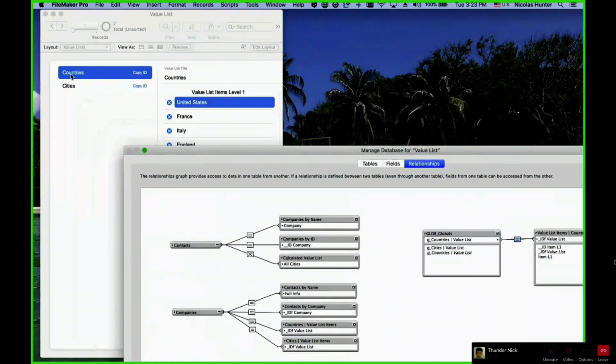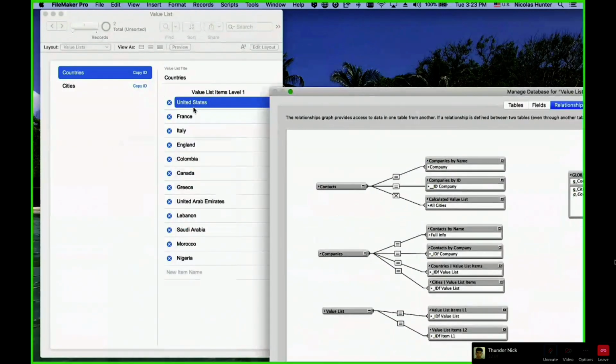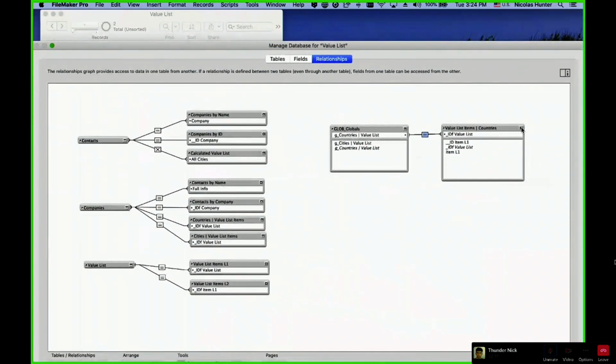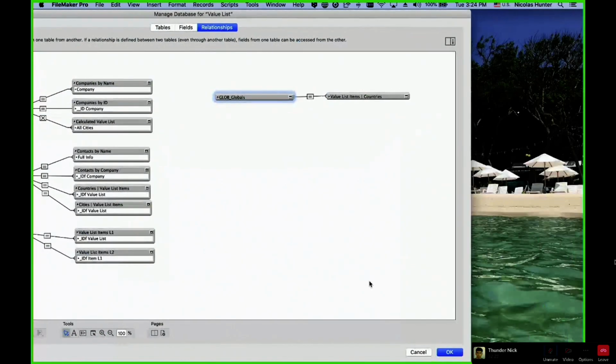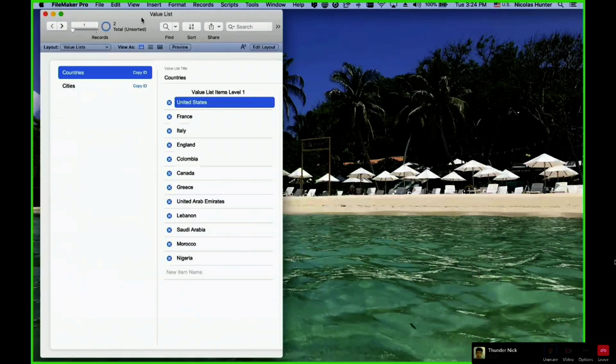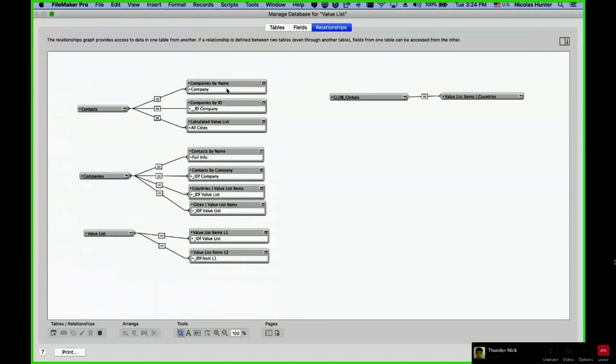That means this here, it's an ID. It's the value list, it's the parent key of that foreign key, okay? So this is the parent key, and this is the foreign key. So all of those records are related to that record with a parent key. So you have a parent key here, foreign key. So how does it work? I have the relationship here, right? Now I have the relationship, but I need to feed